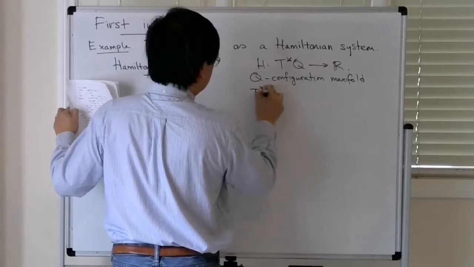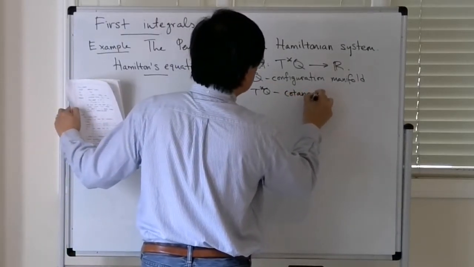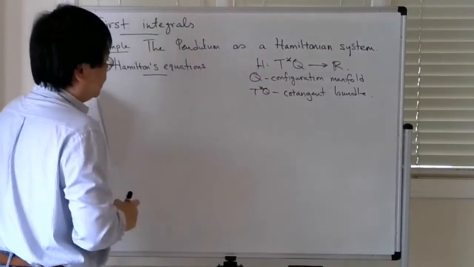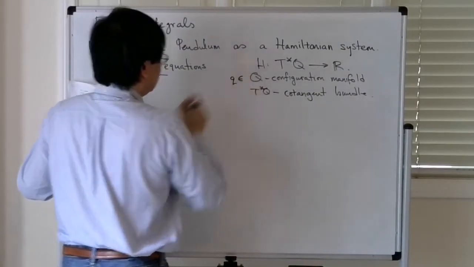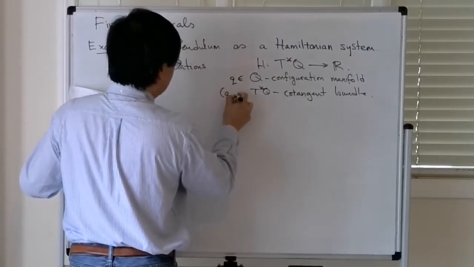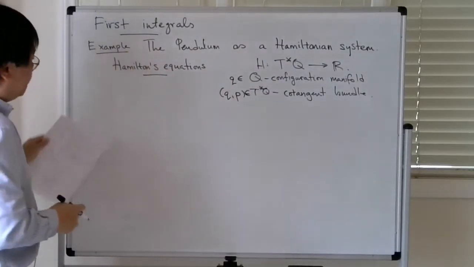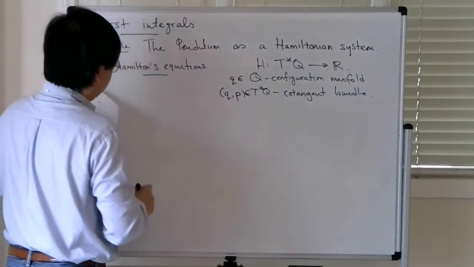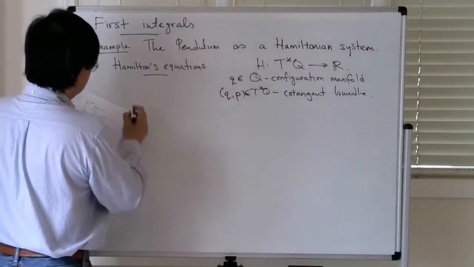T star of Q is what is called the cotangent bundle. And in local coordinates, you typically have a position Q in the configuration manifold, and you have position and momentum variables on the cotangent bundle. Okay, given that setup, then given this scalar valued function on the cotangent bundle, Hamilton's equations